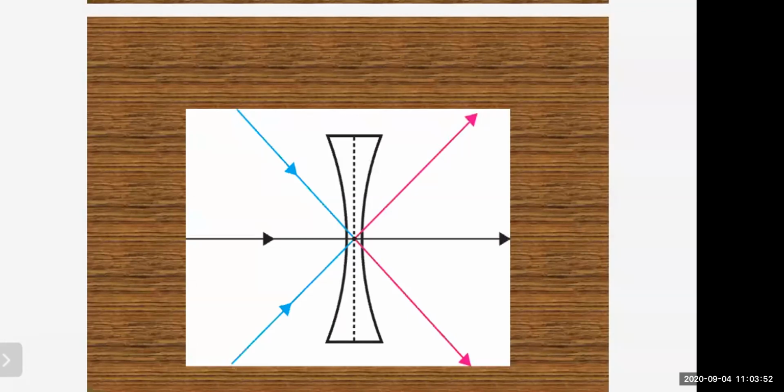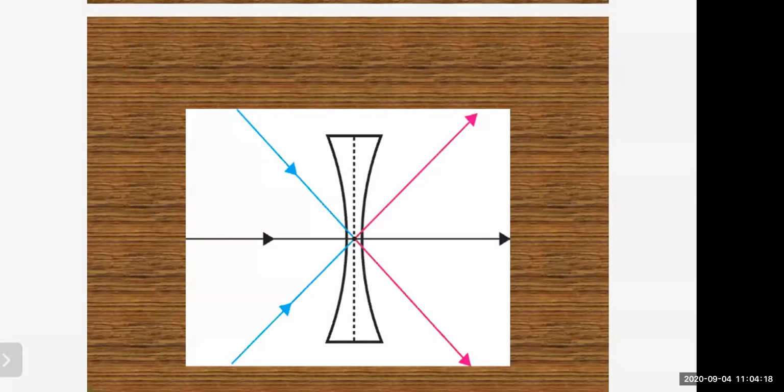And next is principal focus F. Now, what is principal focus F? When light rays parallel to the principal axis are incident on a convex lens, they converge to a point on the principal axis. So this point, what we say, it is the principal focus of the lens, right? So you can label it as F1 and F2, principal foci of the convex lens.